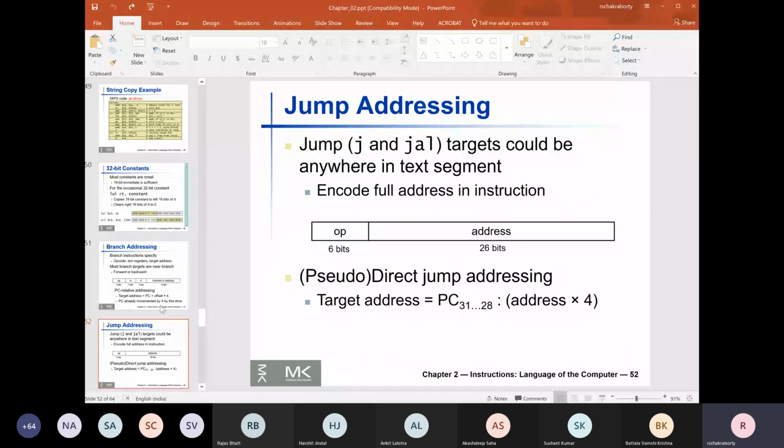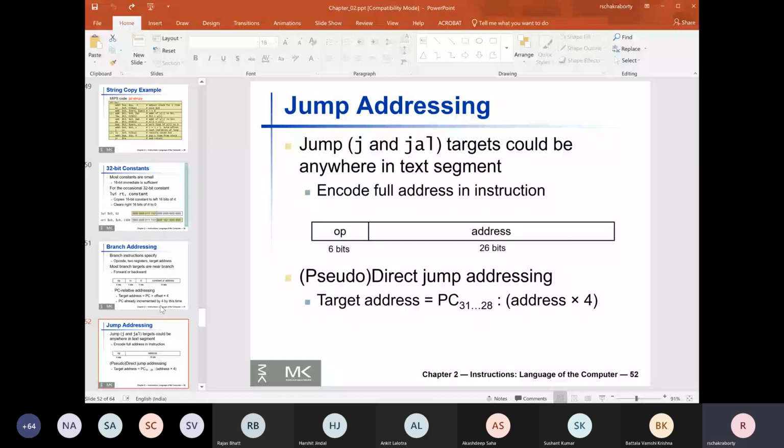Why pseudo direct? Well, it looks like a direct jump, but in the background, behind the scenes, the program counter is actually playing a role. If you take the 26 bits and multiply it by 4, you will not get the actual address where the jump will happen.